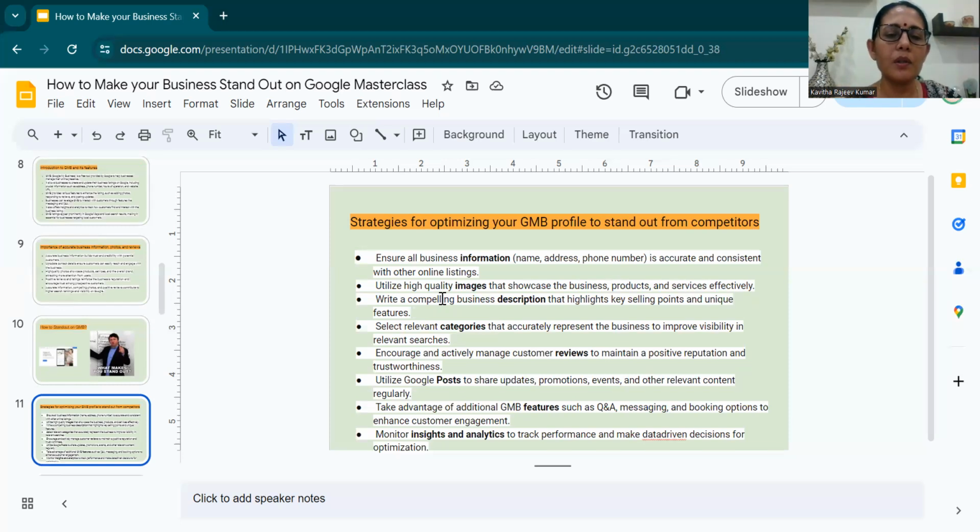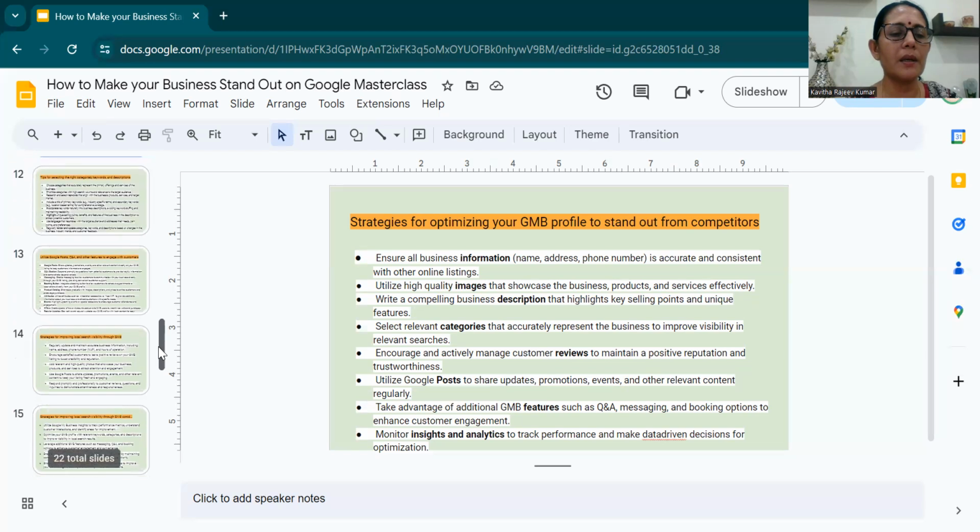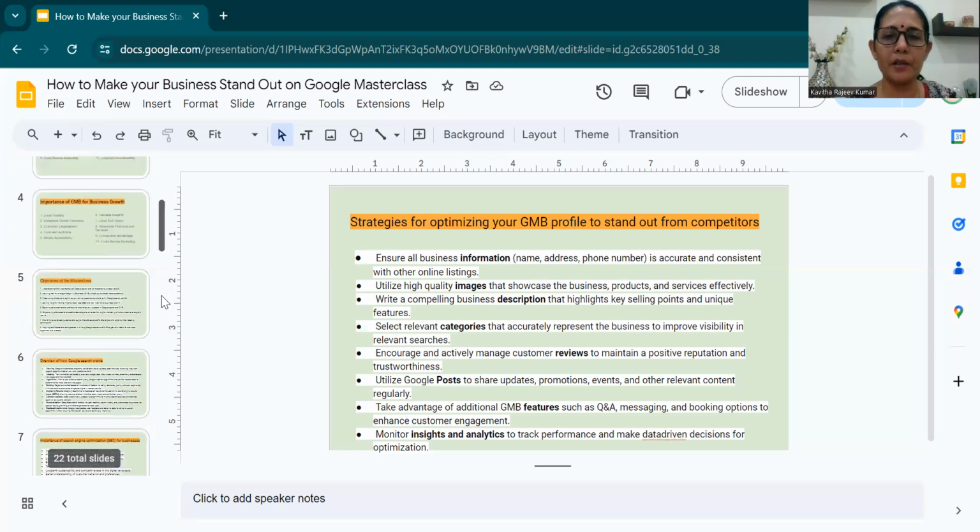And post updates, promotions, events, content regularly. That also helps you to be ranked high in Google search. So do all these things and see how it affects your business. This is an excellent way to get local inquiries and local orders.